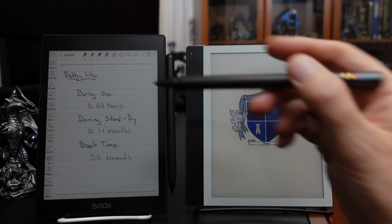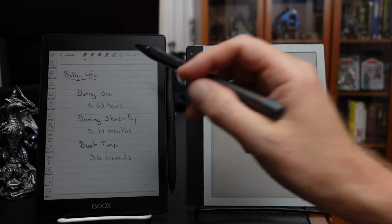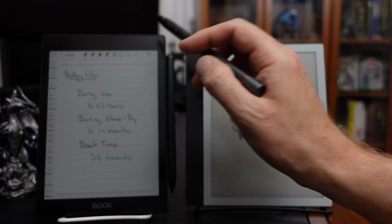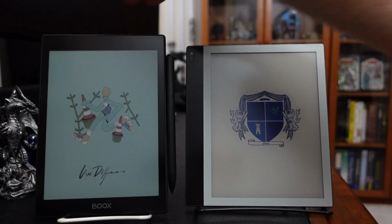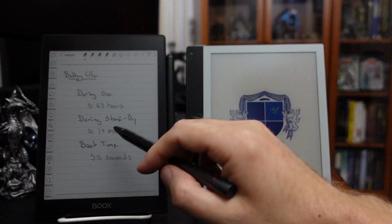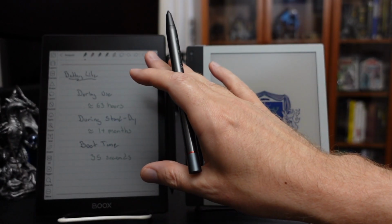First off, just during use, and this is just reading a novel, no front lighting, just turning pages, I'm estimating about 63 hours of use from a full charge. Standby time, where the device can quickly go back into use just by pressing the power button, I estimate over a month of power and standby, meaning if I charge this fully and I stuck